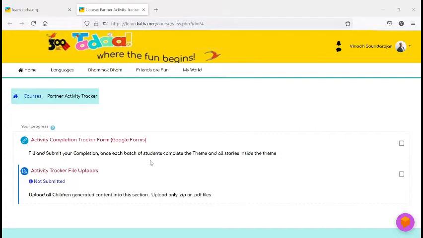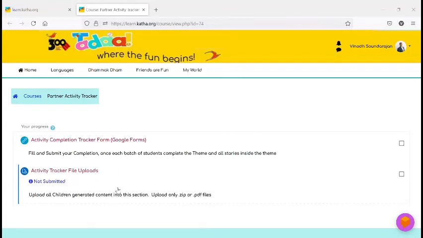Add the number of children who attended this session and enter the names of the children. Pick the language of communication and what you walk them through, whether you walk them through the English or the Hindi course content. In the future we will add more. And then you come to what specific module did you walk the children through. Was it the level 0, which is Damakdam, level 1 or 2? Right now there are only 3 levels. We will be expanding to more levels and more languages in the future.